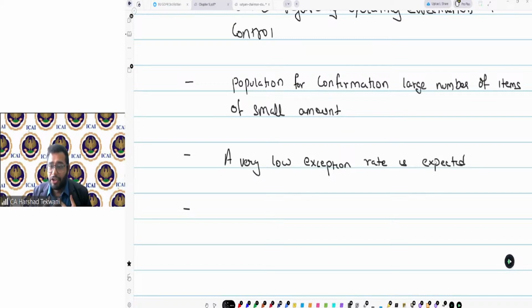So when I have assurance that the person to whom I'm sending the confirmation will not disregard it, at that point in time I can still use negative confirmation, but subject to low risk, having already obtained sufficient and appropriate audit evidence, and expecting a very low rate of exceptions.